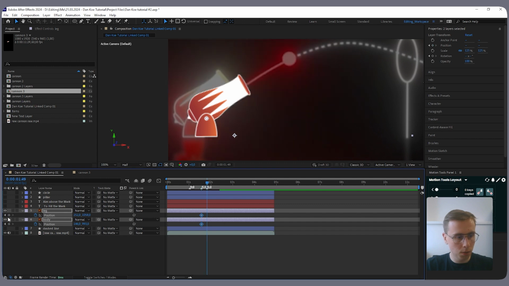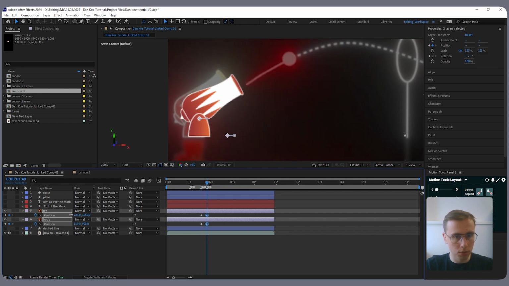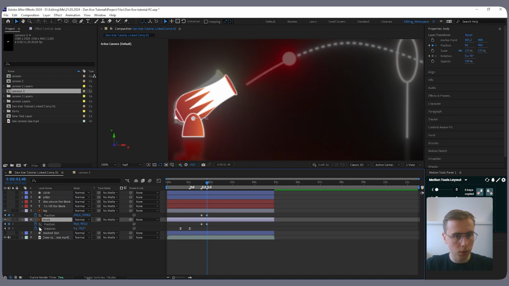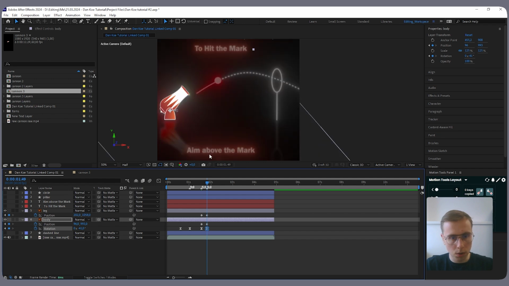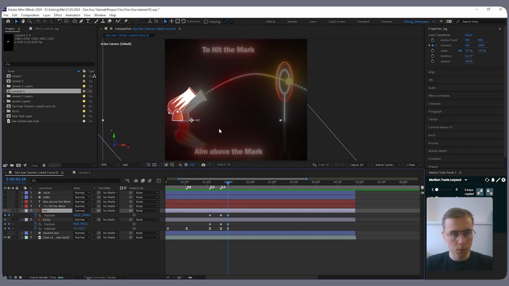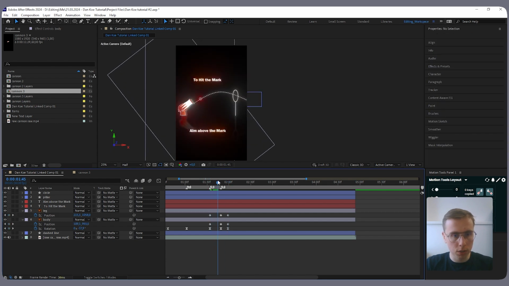Go to the second mark, keyframe the position again and move it to the left. And right now also on the body layer we have to keyframe the rotation, so make it -41, I think is okay. And right now go to the moment when the cannon is back in the original position, so right there I would say, and keyframe the position and the rotation, and just put it back at the original position and rotation. And of course, again, we'll have to smooth these keyframes, but we'll do that in a moment,